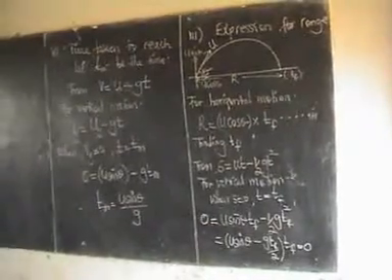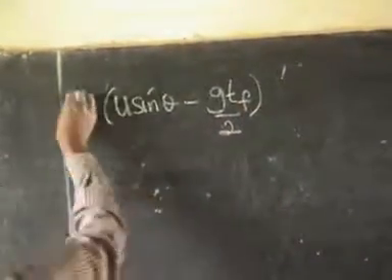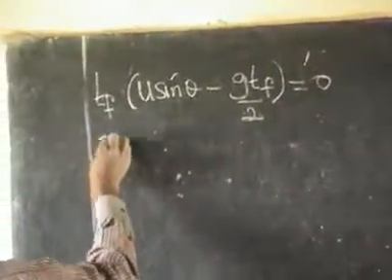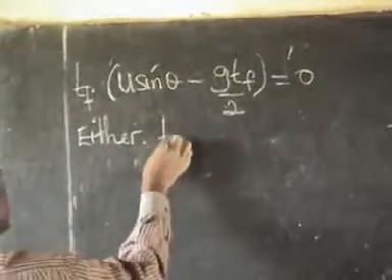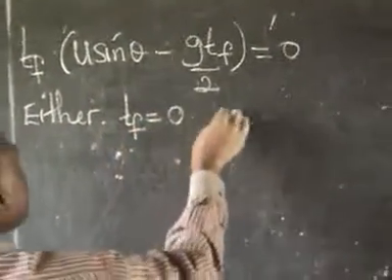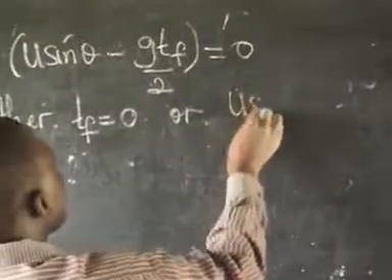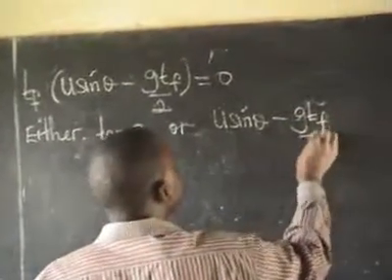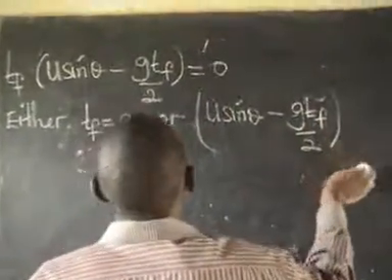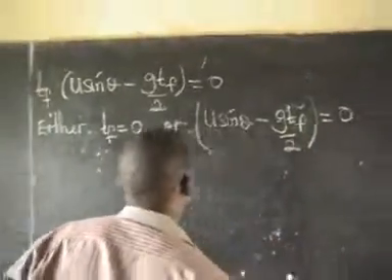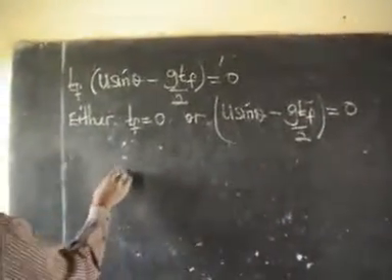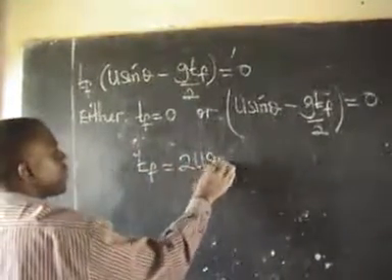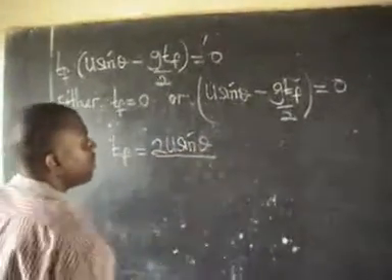Actually, that is a quadratic equation. So either tf is equal to 0 or u sin theta minus g tf over 2 is equal to 0. And when you try to make tf the subject, you will get tf is equal to twice u sin theta divided by